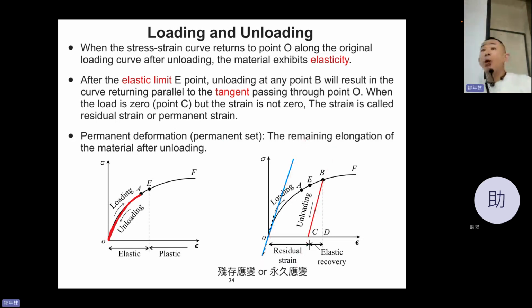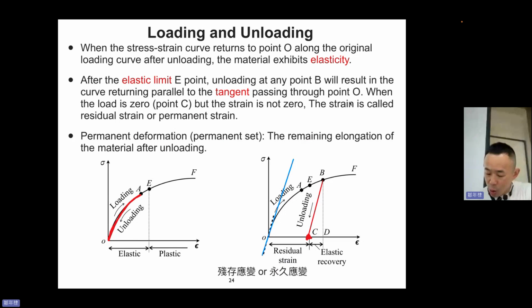These two lines will be parallel. Typically they will follow the first slope and go back to the stress-free state, but they still have residual strain, or permanent strain. This one still has a little bit of elastic recovery, but it cannot recover to the original shape. Of course, if you go to this point, it will still follow